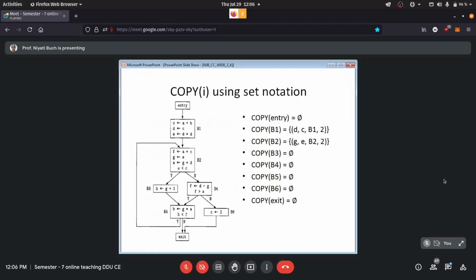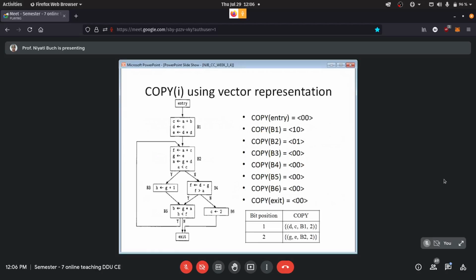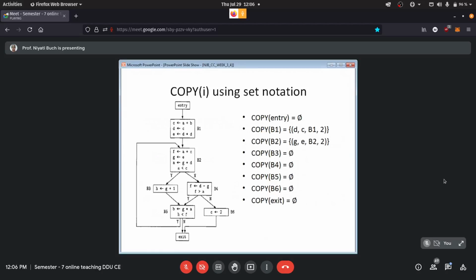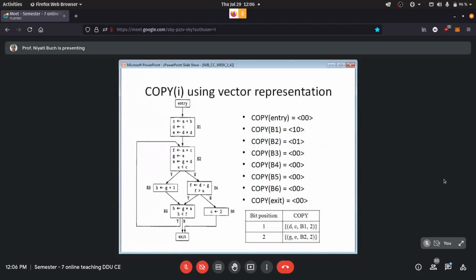Now let me show you what will be the kill set. This is one more way of representation, vector notation. In many reference materials you may find that instead of denoting this quadruple as an element of the set, they use this vector notation. First and foremost you have to find out what are the elements in the set, and then give a bit position to every element.